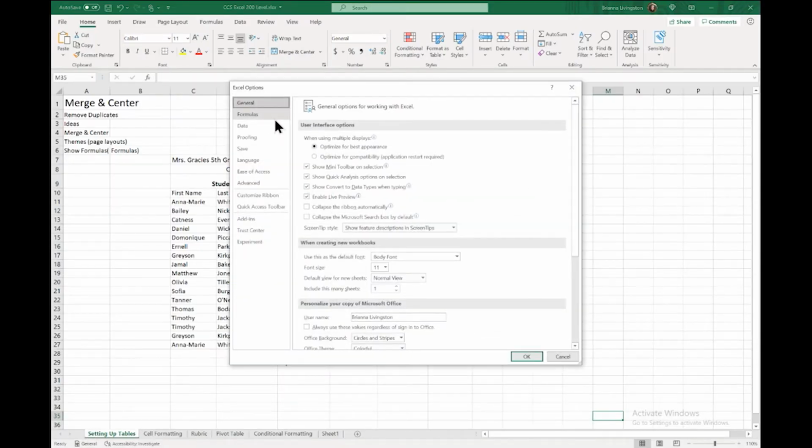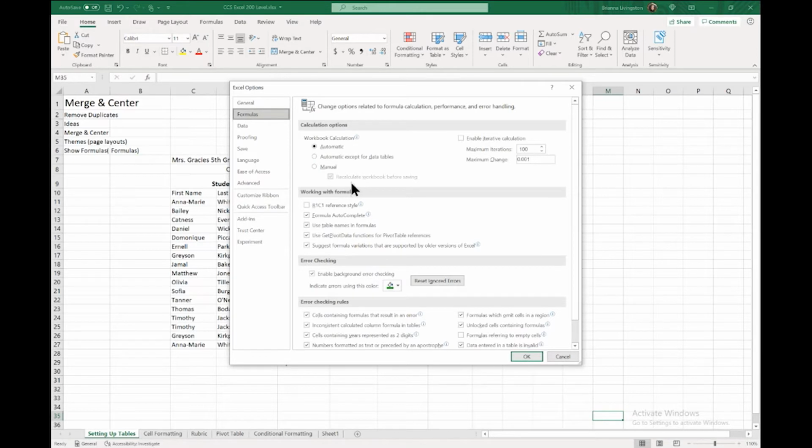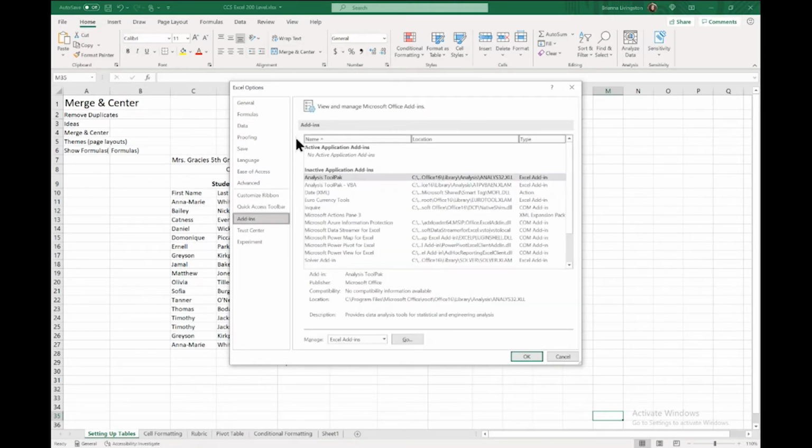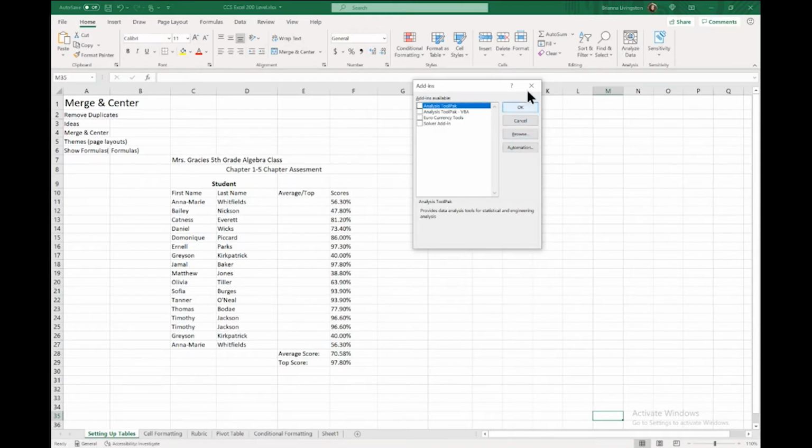Options. So quite a few different things back here. You have options for setting up your interface. If you want your workbooks to default to a certain style, so maybe you always want to use this font. If you want things set up a certain way and you want that to happen every time, or you want to come back here and change different options with your formula. So there's lots of things to do back here. Any add-ins that you need to add will be added back here. Uh-oh, did my computer freeze? Okay, so you'll just click go, and then you'll browse and you'll add a new add-in.